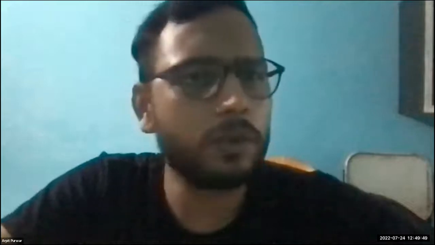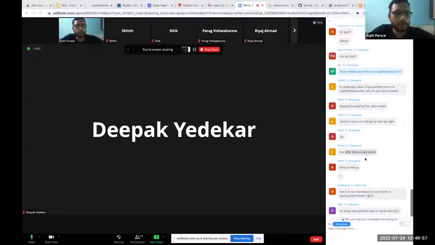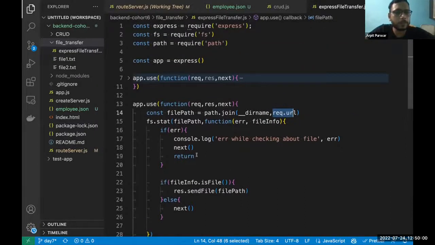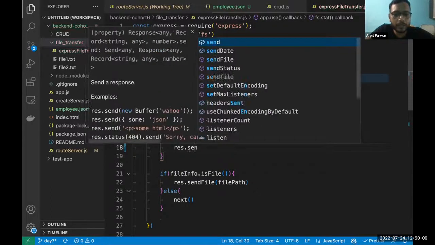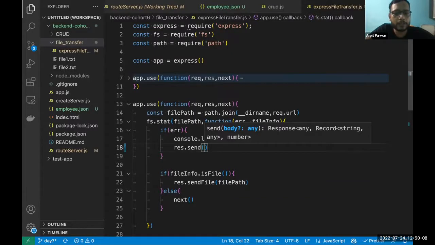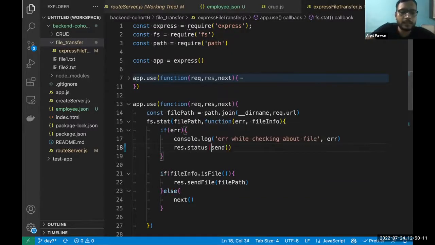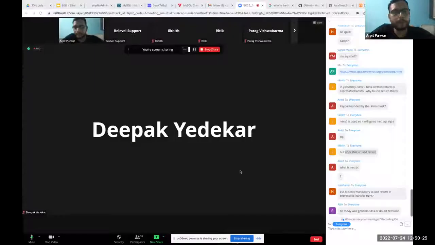Return makes sense. From there we can return it. Or the return also does not make proper sense. So let me show you what is the right way to throw the error from there. This is the Express JavaScript, right? So rather than doing this, directly from here we should throw the error with response.send. That makes more sense. response.status 400.send. We can simply throw the error from here. Right, Likit? That makes more sense here.